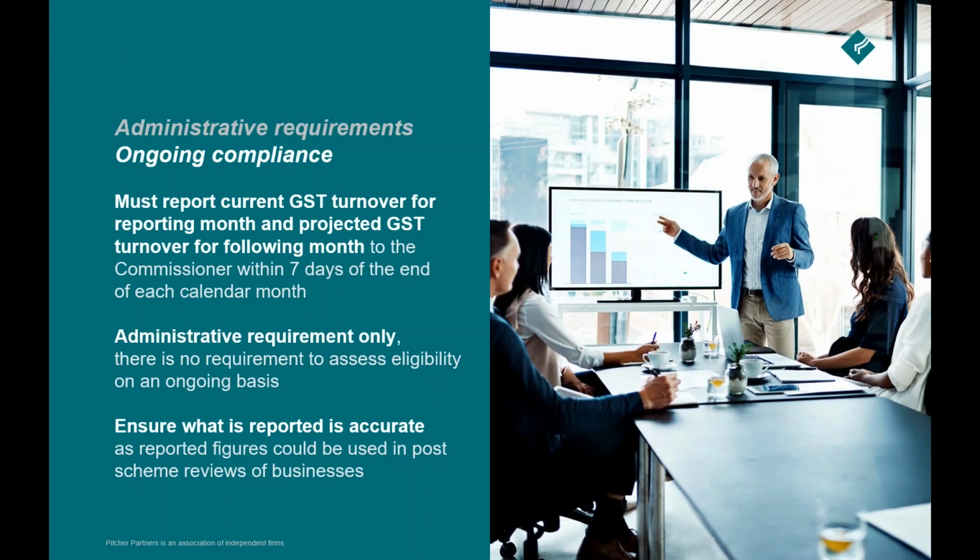So in terms of the ongoing compliance obligations under the legislation, there are some that we need to be aware of. Each entity that is within the JobKeeper scheme must report its current GST turnover for both the reporting month and its projected GST turnover for the following month to the ATO within 7 days of the end of each calendar month. This has been set out as an administrative requirement only in the sense of the legislation,